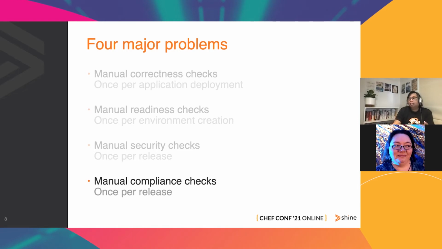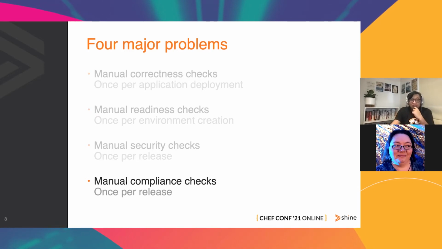And having to do it once per release was not a great idea as well, because what happened if we had to build another environment? What happened if there was a catastrophic failure in certain parts of AWS, and then auto recovery came up, or we had to rebuild a completely new environment with a different application version? So it was really bad.